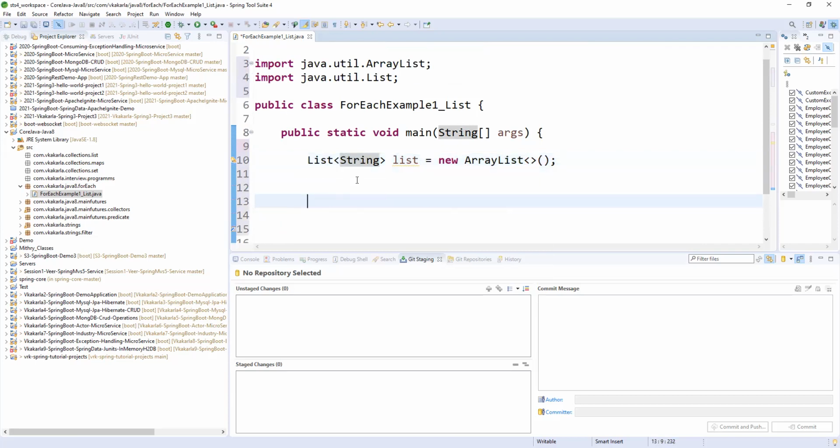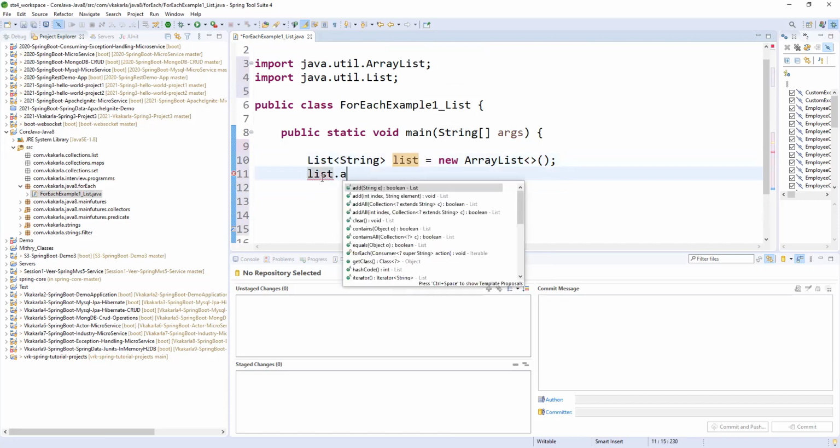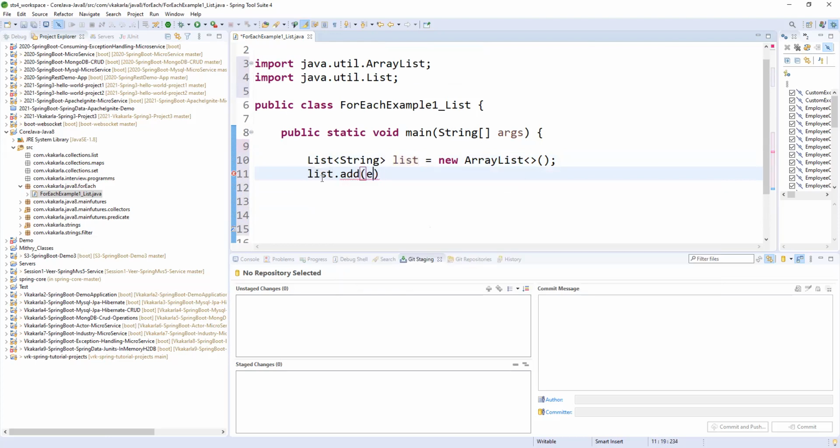Now I'm entering into some examples. So list.add, we need to give some string. I'm giving V Kakarla.